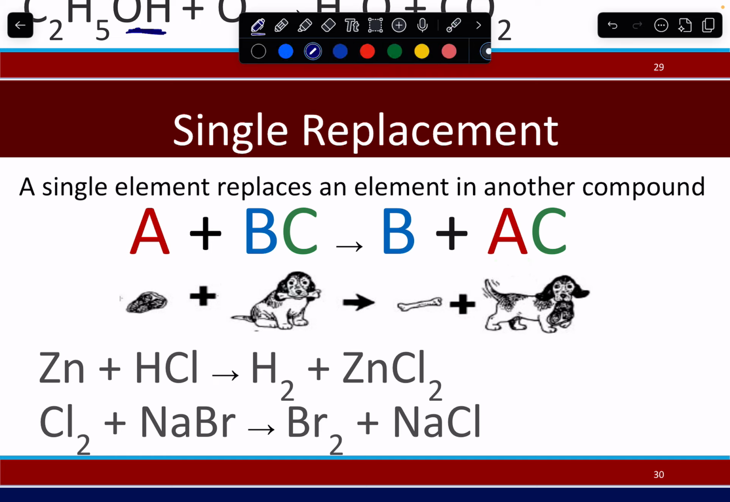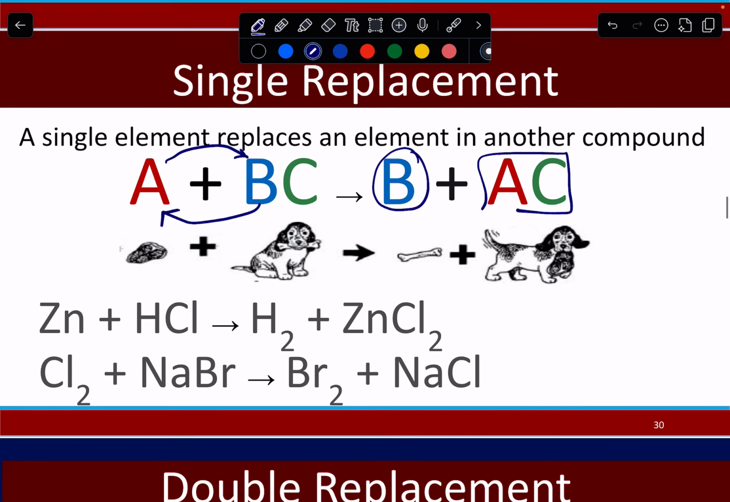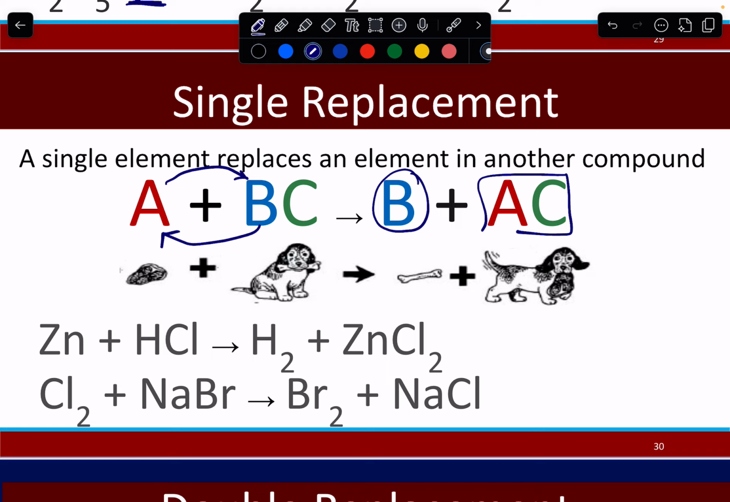And what's going to happen on this is the A is going to bump out B, and now A is going to be combined with C. So it took B's place, and now B is going to be all alone. The example I have from a cartoon standpoint is you have a steak and you have a dog with a bone. The dog obviously would prefer the steak, and so is going to drop the bone and replace the bone with the steak. So the steak replaces the bone, and now the bone is left all alone,